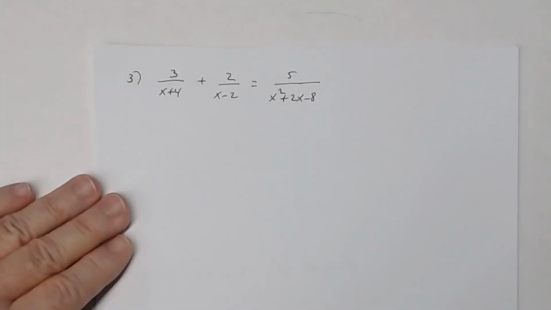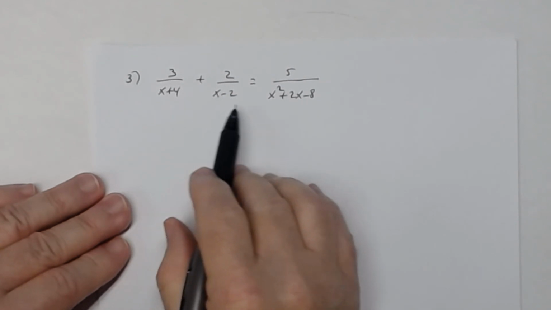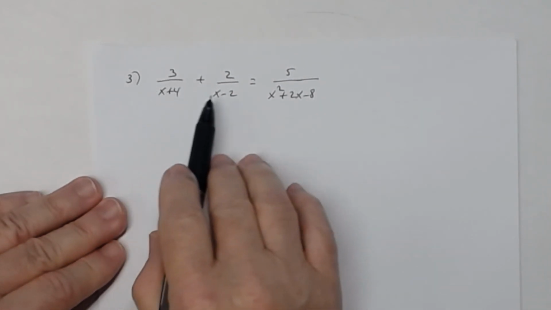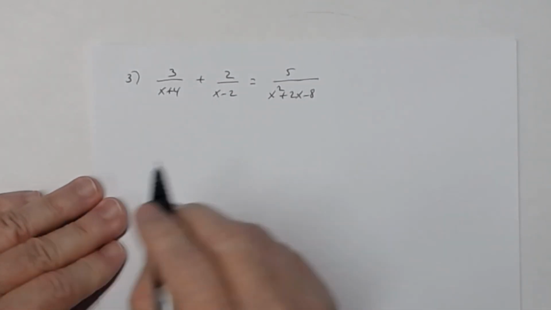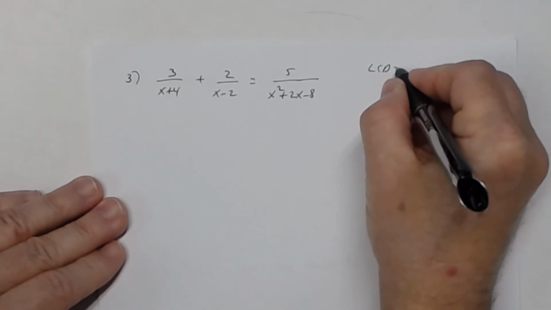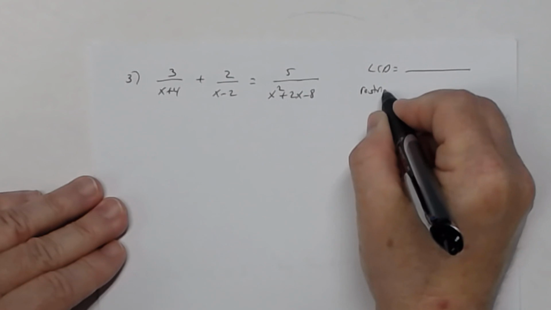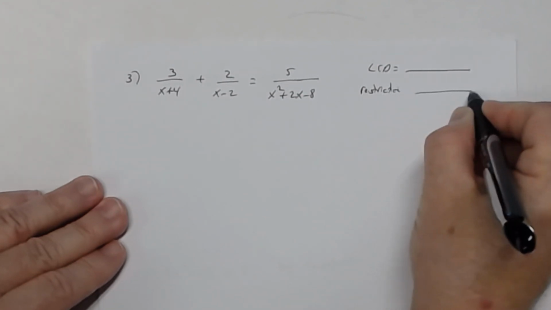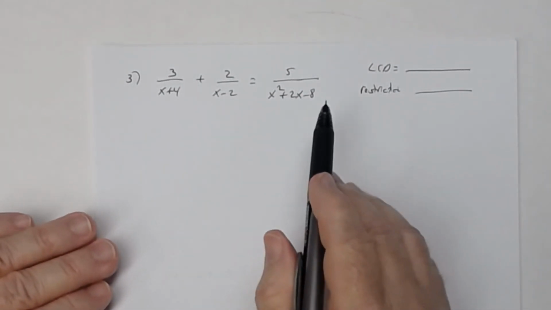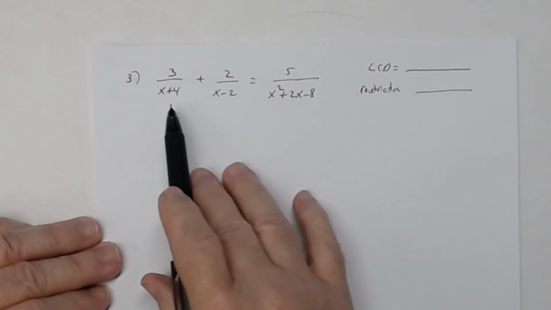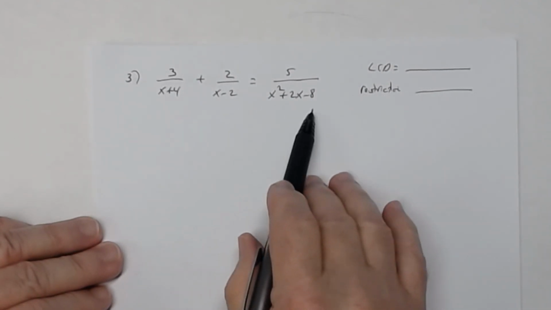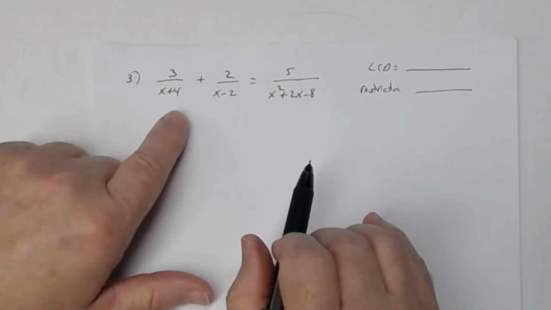Number 3, this time you have a rational expression. Notice you have variables in the denominator. And you had to find the least common denominator, and you had to tell me what that was, and you also had to tell me the restrictions. You had to indicate the restrictions as well. All right, so when finding the least common denominator that involves variable expressions, you need to first of all factor